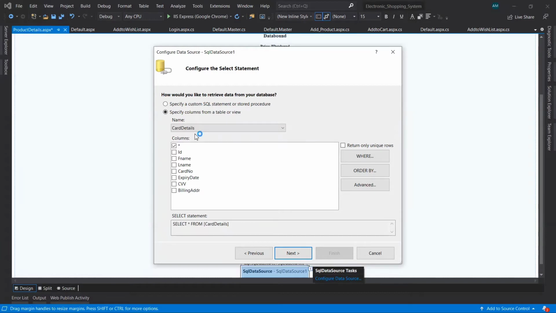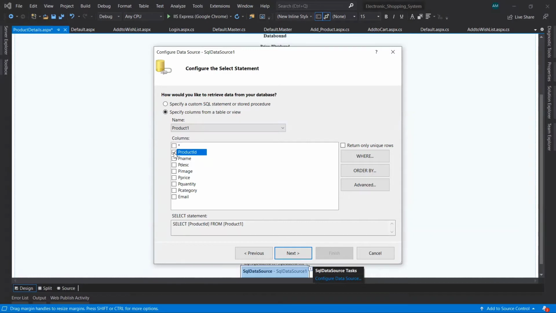Now I have to select which table to use. I will use the product one table, because I want to display the product details. Which columns do I need? I want product ID, because based on product ID the following product will be displayed.